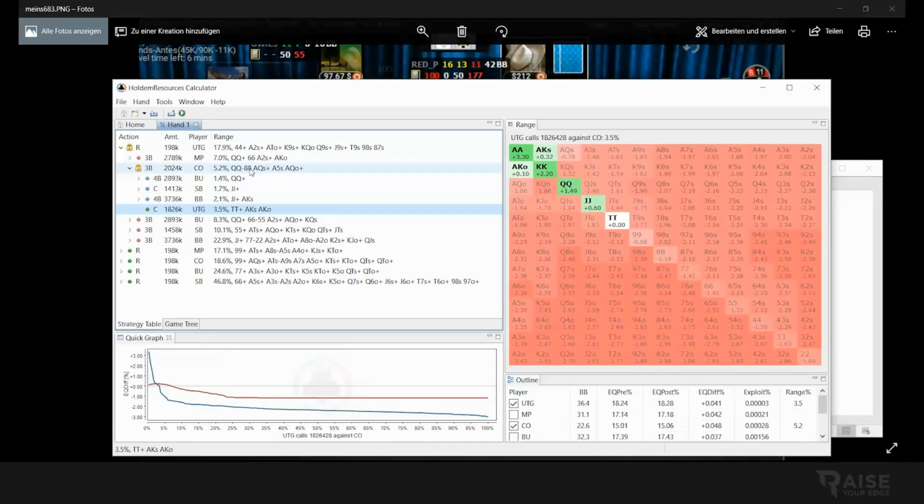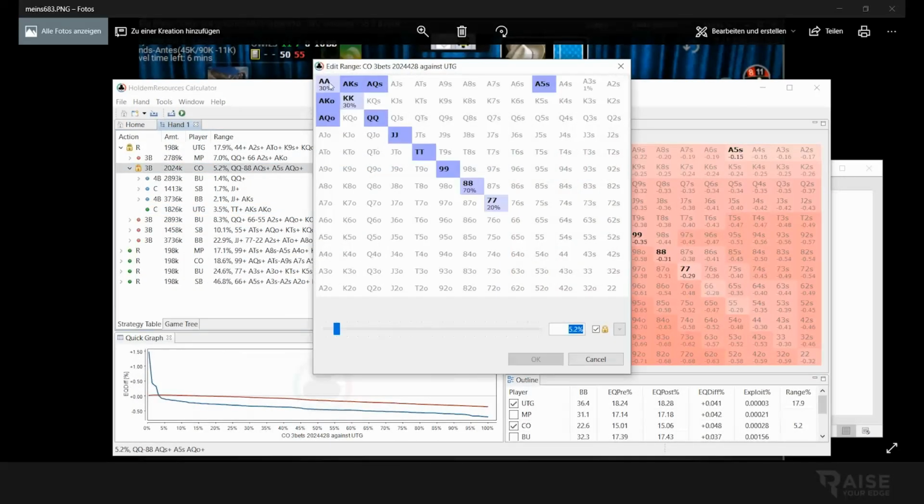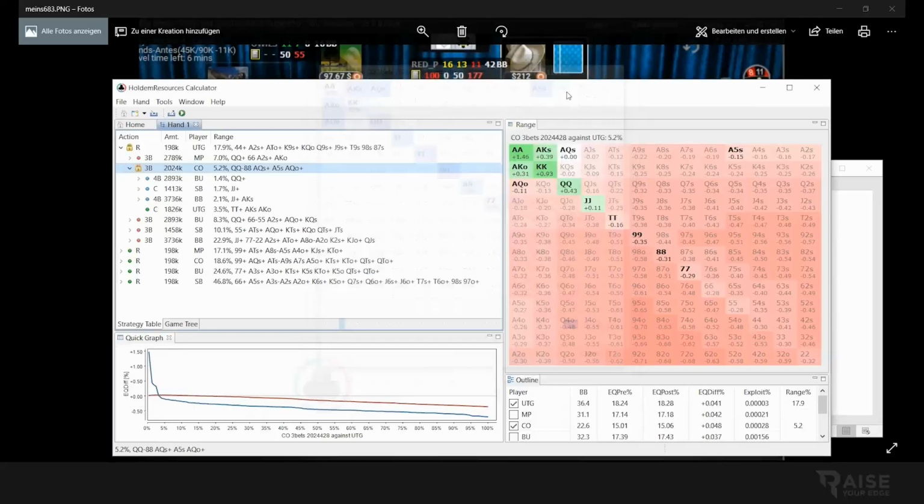So we're here. We did consider that he jams this range, which is blue, and part of the range, which is light blue, so he three-bets aces and kings, and not always jams eights and sevens, and has a bluff inside of his range. And when he's doing this, we can call